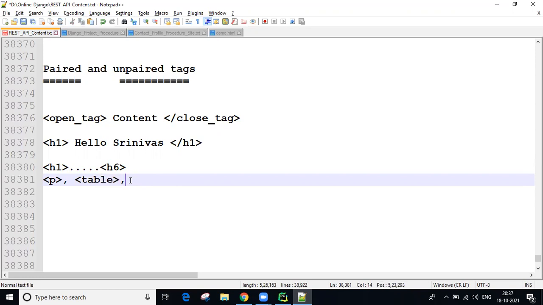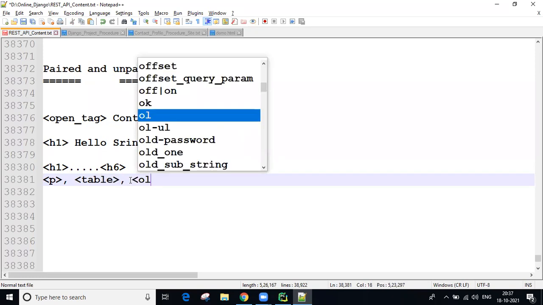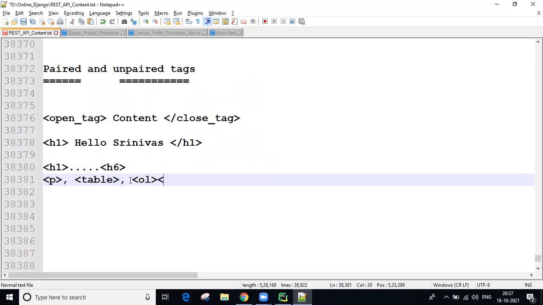Also ordered list and unordered list, OL and UL, all these tags come under paired tags only. Just now we discussed anchor tags also, open and close required. So far, whatever tags we discussed are all paired tags only. I told you 90% of tags are paired tags only. Only fewer tags are unpaired tags.